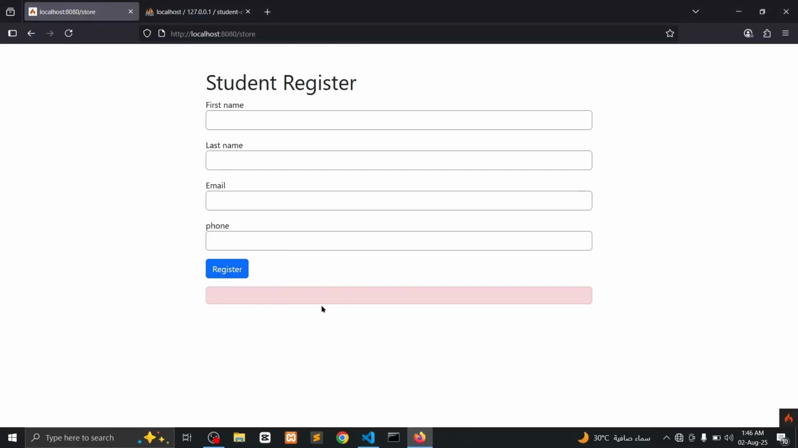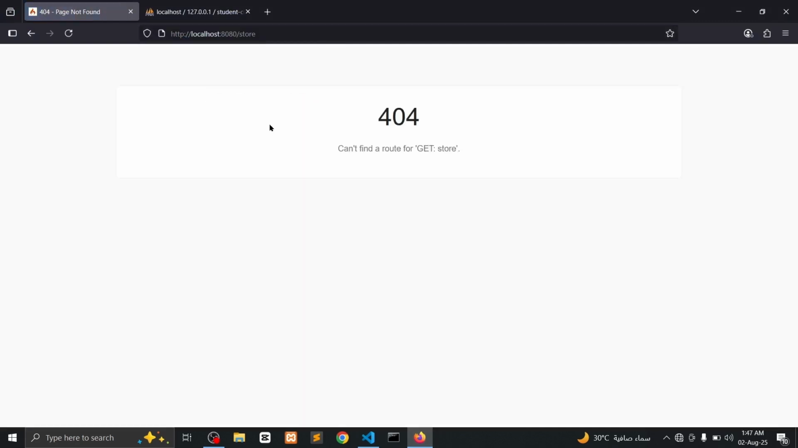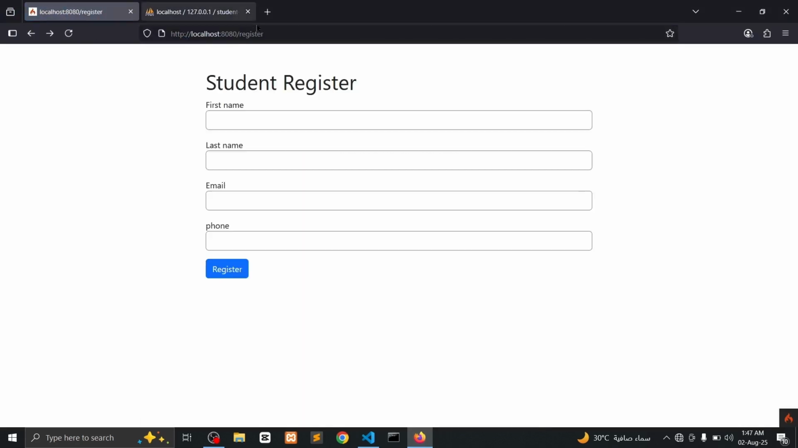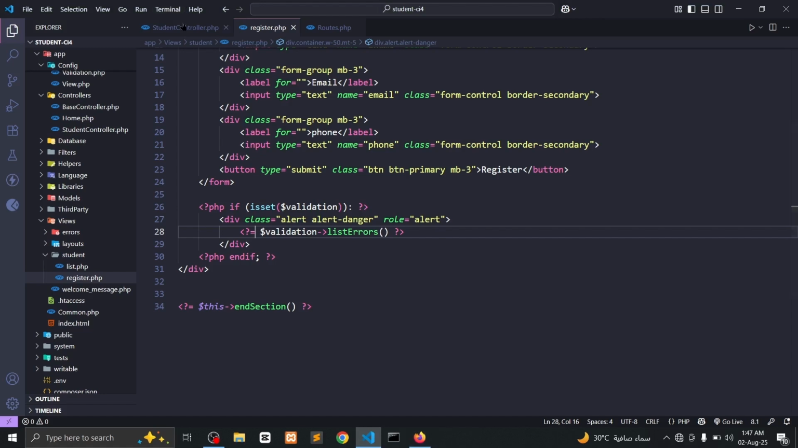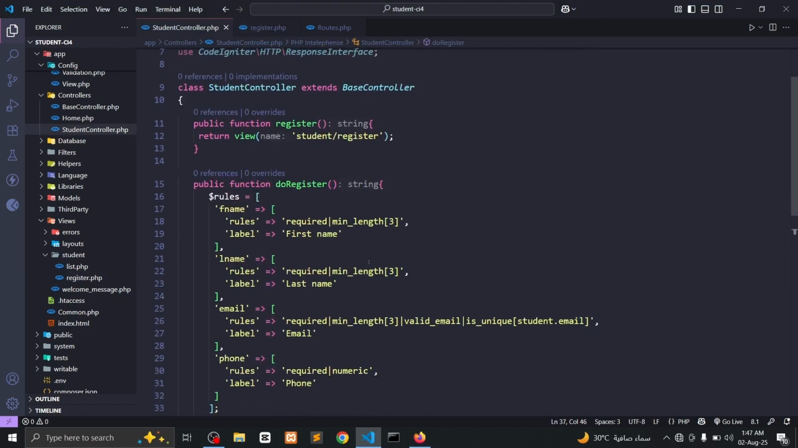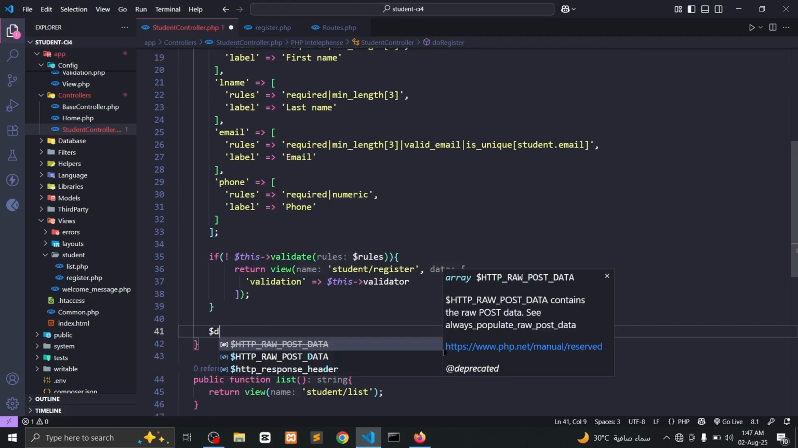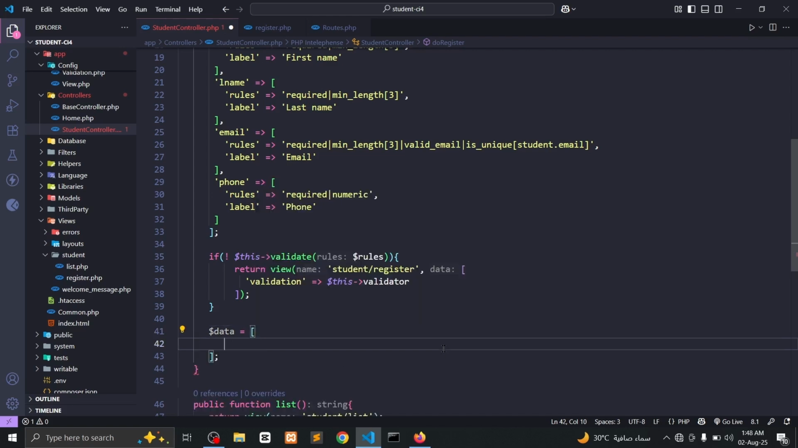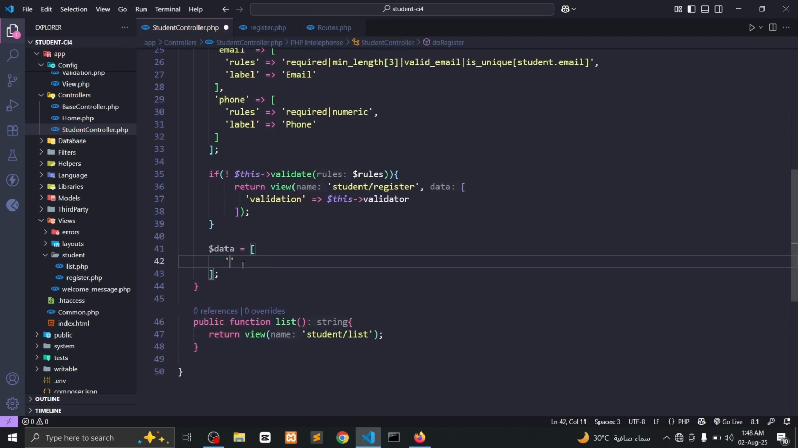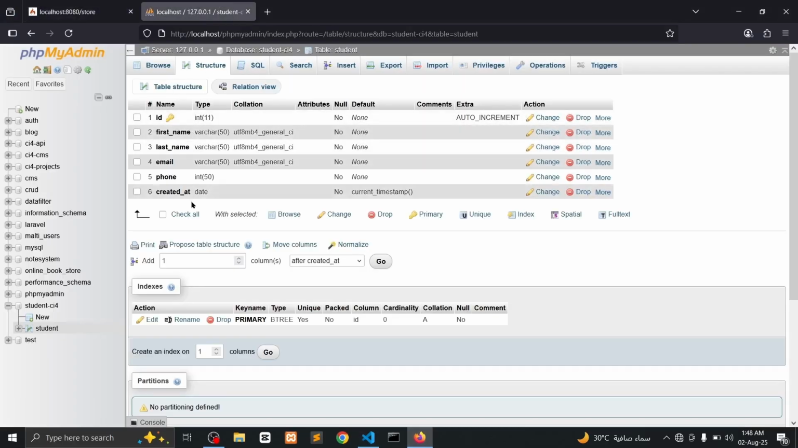Check. We see the alert only. We need echo, a shortcut of echo. Very good. That's the validation errors. That's the labels. Now we need to store that data. I make a variable data. Inside the data, I put here the database columns like first name, last name, email,